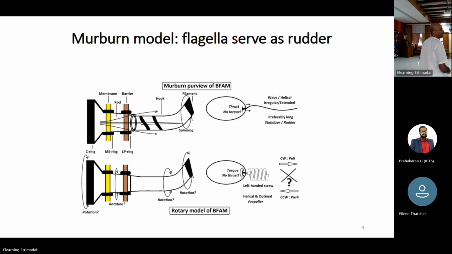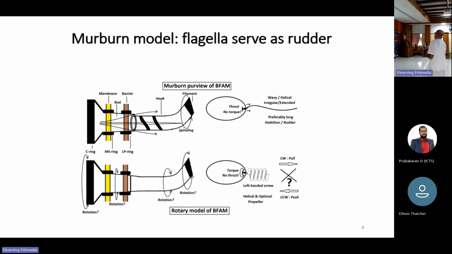the classical model fails. Also, this has to rotate, this has to rotate. It's a continuous thing; the whole thing has to rotate. So the torque can only give very minuscule thrust. Even Howard Berg says it's only a 1% efficiency system. If it has to go round and round, it will only give 1% of the energy,